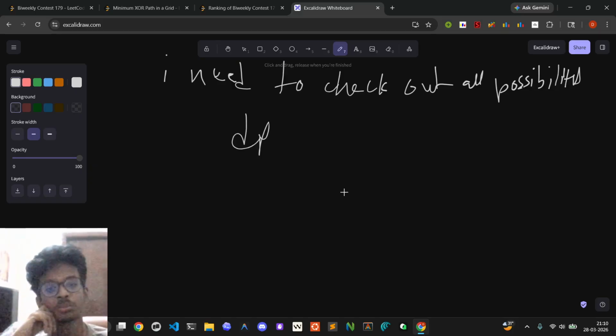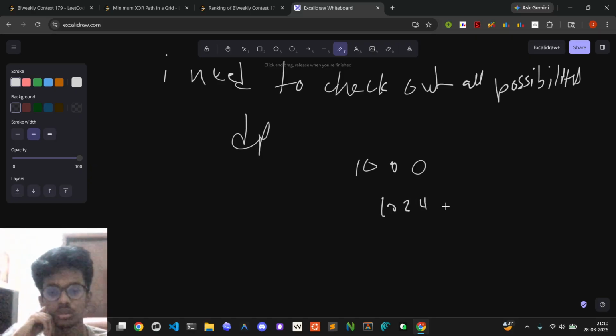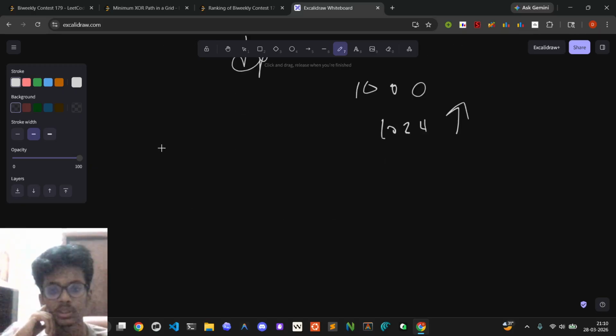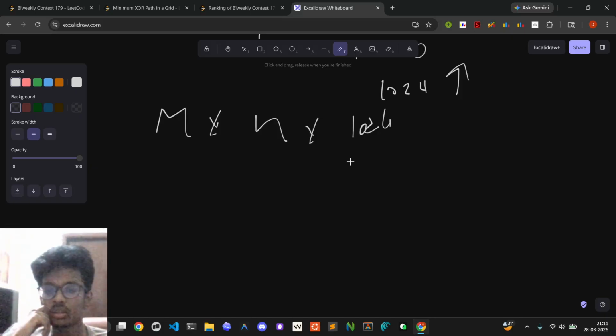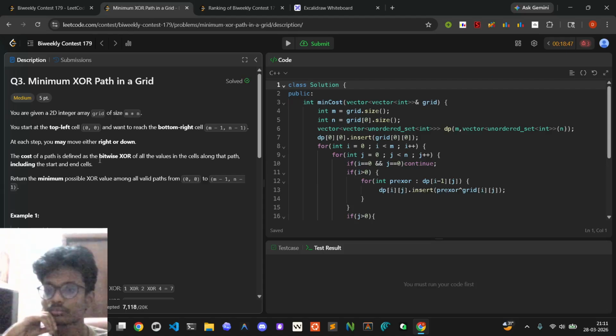What if your XOR sum crossed 1000, or to be precise, it crossed 1024 or higher? The state space would be m cross n cross 1024. This and our grid sizes. Okay, it might be very slow and it would be memory intensive because